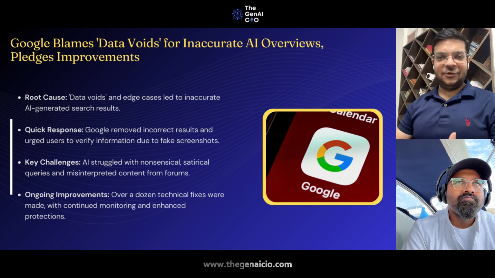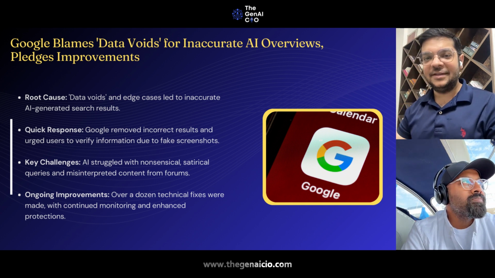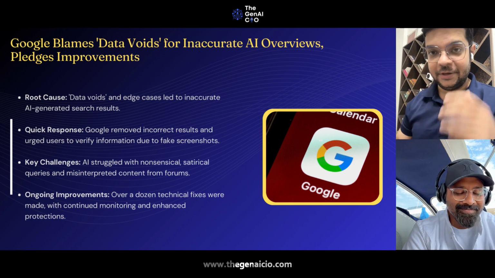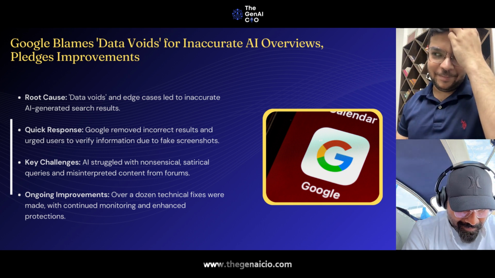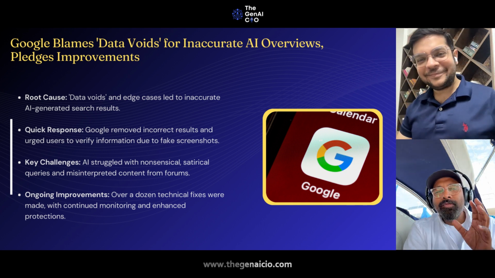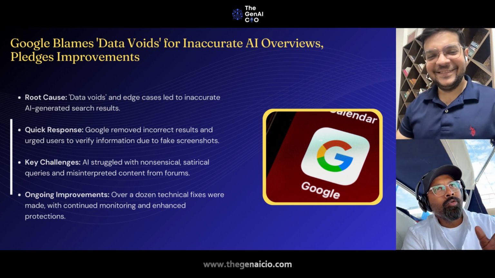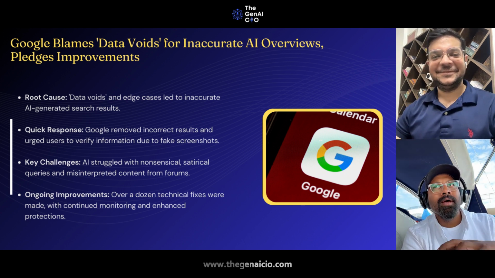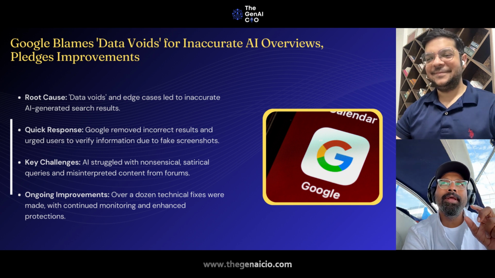Now, obviously, as usual, what Google has said is that there are multiple failures in the model, and they've accepted it. But I'm really trying to think, in this whole generative AI, I would say the last 1 year, what did Google get right?